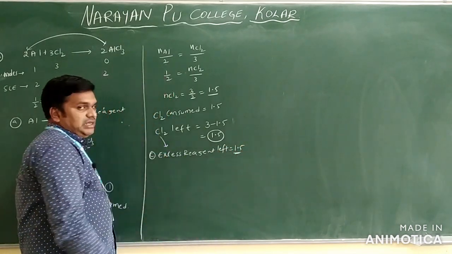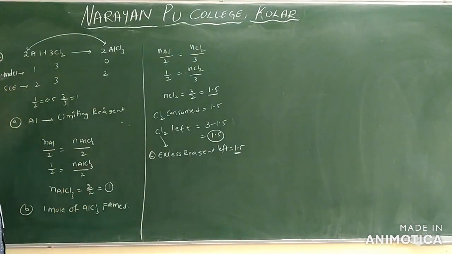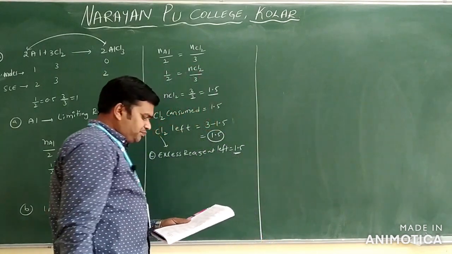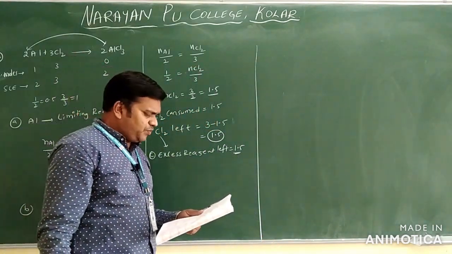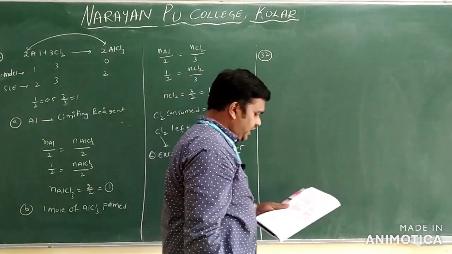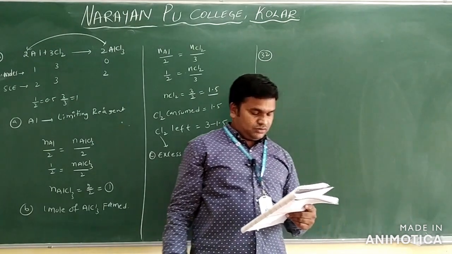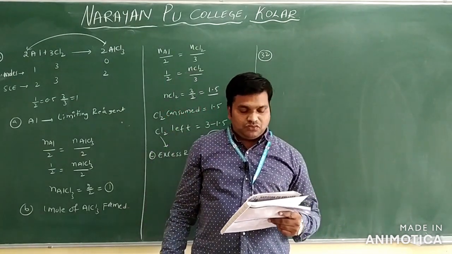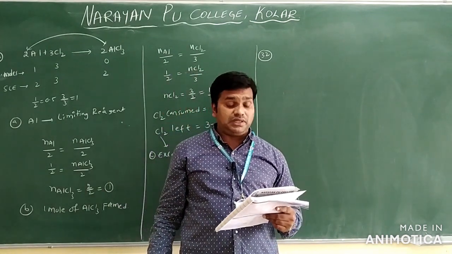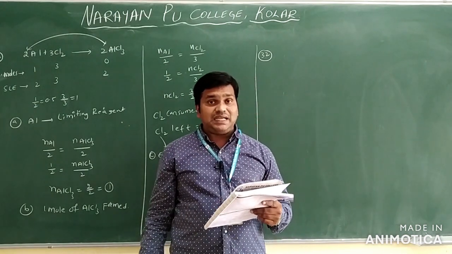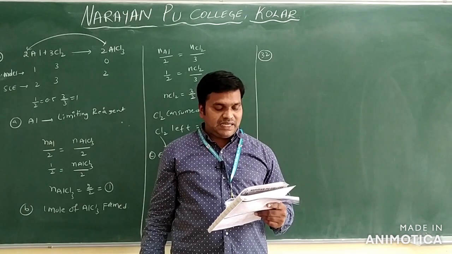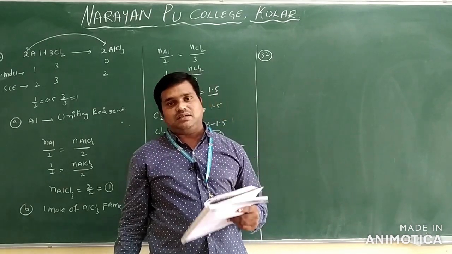This is how we'll take up the A, B and C questions. So this is regarding question number 31. Next we can say question number 32. So what is question number 32? We have 25.4 grams of iodine and 14.2 grams of chlorine made to react completely to yield a mixture of ICl and ICl3. Calculate the number of moles of ICl and ICl3 formed in this reaction.